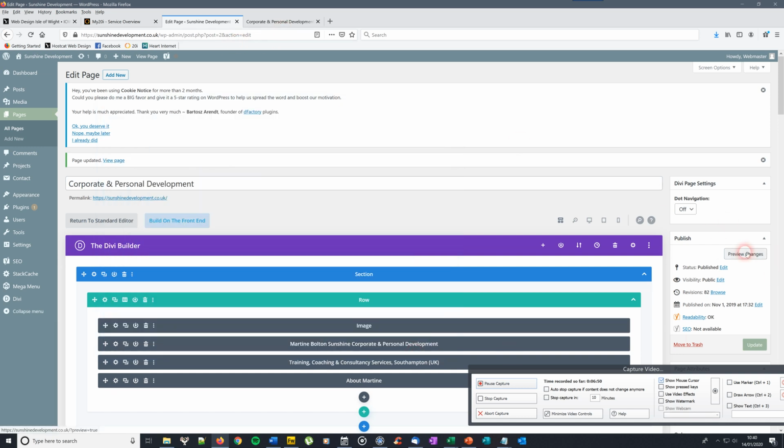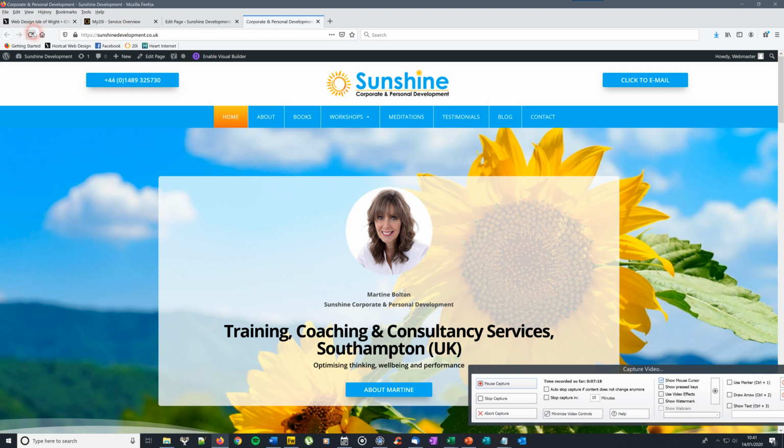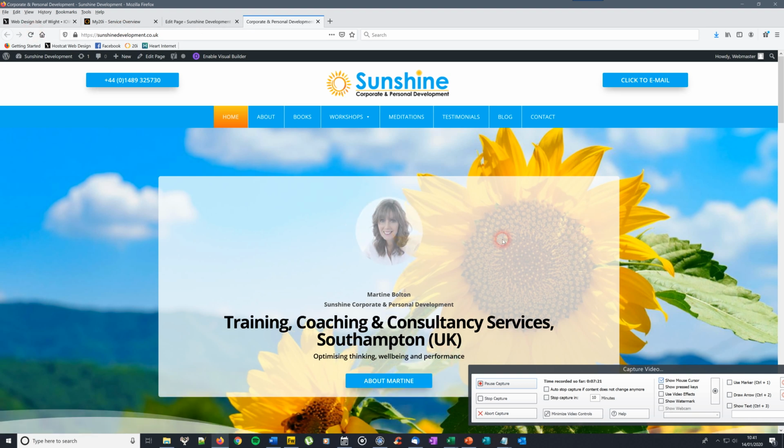I'll just click that. I can do preview changes over in the publish, and that should work, and it's not going to now. Okay, typical. Right, so I'll do update. I'll go to the front of the site, refresh the page again, and you'll see that space is smaller there. I could also make that text a little bit bigger,